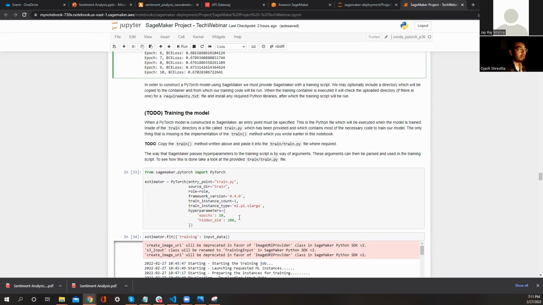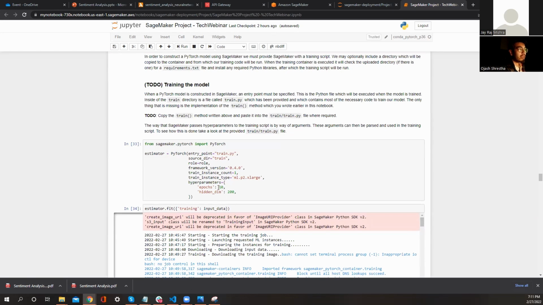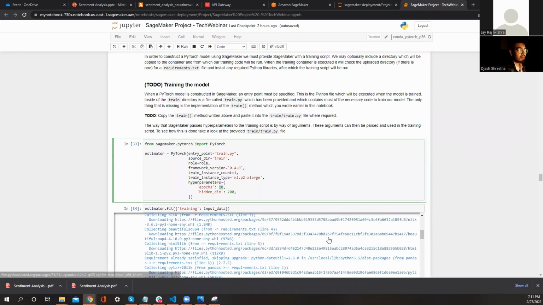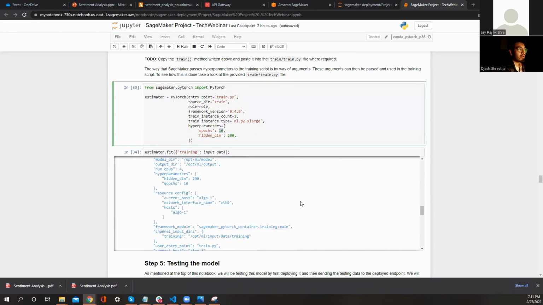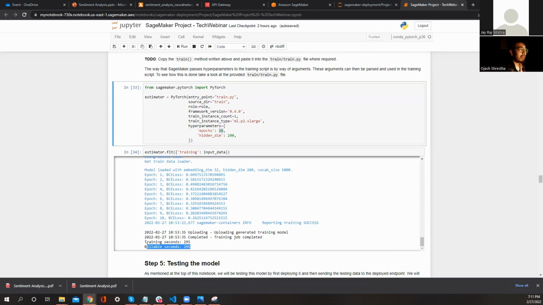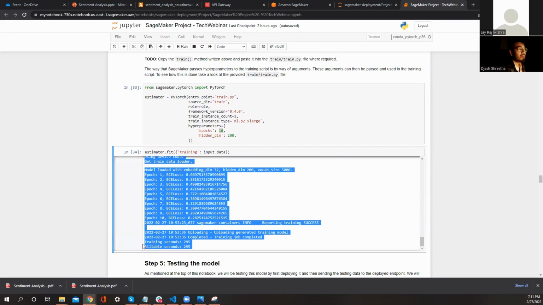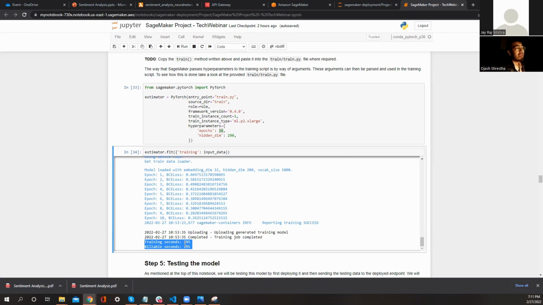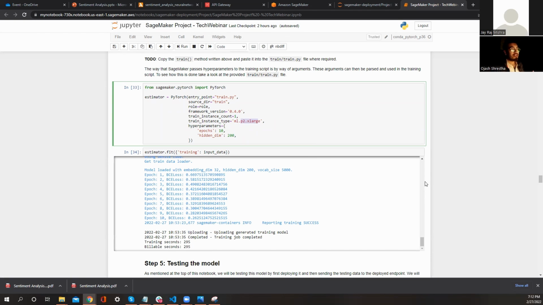And then when we train our model for 10 epochs, we can see all of these. This takes a lot of time, and Amazon SageMaker bills you for the time that you trained your model for. This is for 295 seconds, and Amazon will charge you for this. I used this ml.p2.xlarge instance of Amazon SageMaker. If you use it for an hour, it's going to charge you around $1.5. So training the model is not a cheap task.